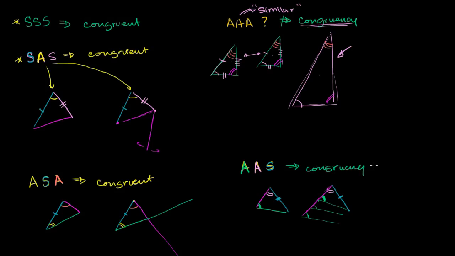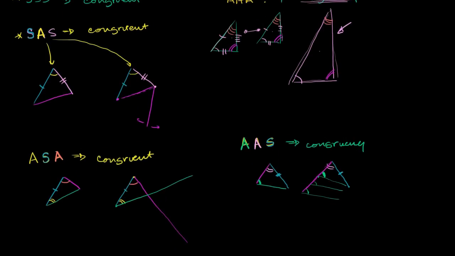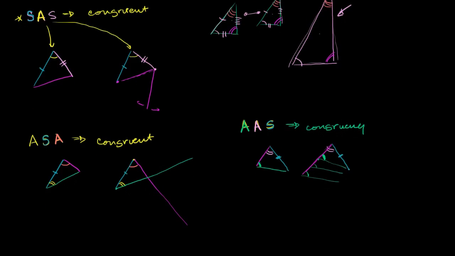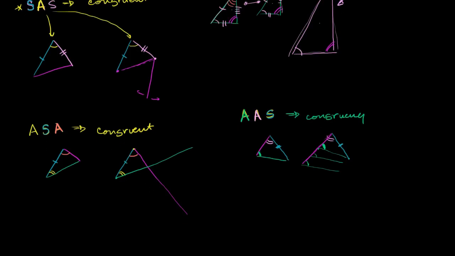So let's just do one more, just to try out all of the different situations. What if we have, and I'm running out of a little bit of real estate right over here at the bottom, what if we tried out side, side, angle? So once again, draw a triangle. It has one side there, it has another side there, and I don't have to do those hash marks just yet. So one side, then another side, and then another side. And what happens if we know that there's another triangle that has two of the sides the same and then the angle after it? So for example, it would have that side, just like that,